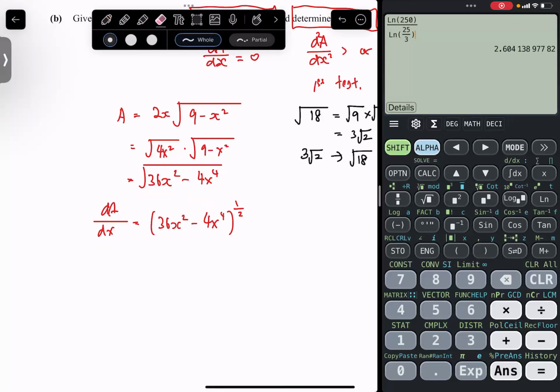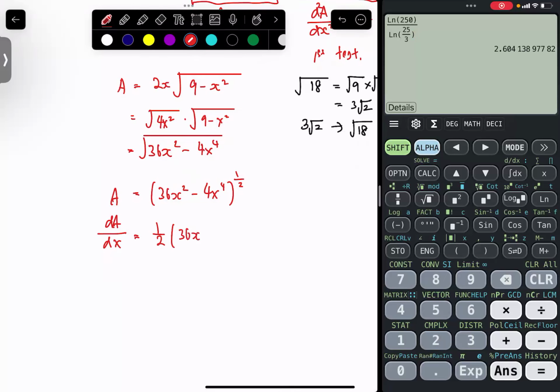Sorry, this is not dA/dx, this is just A. So dA/dx equals half bracket 36x squared minus 4x to the power of 4, to the power of negative half, multiplied by